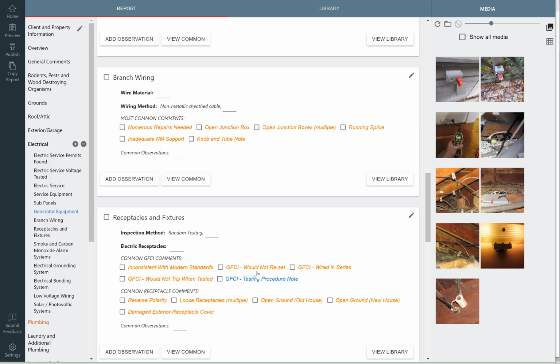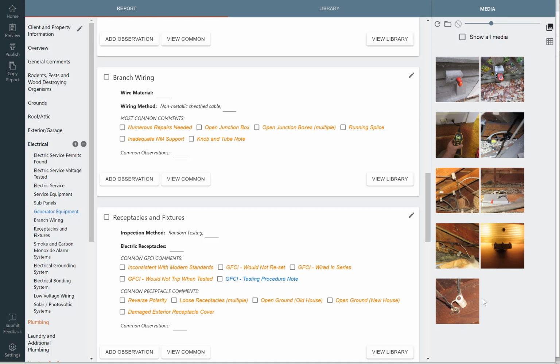Hey there, I want to show you one of my favorite features in Scribeware. We call it the bullets and photo captions feature. What I have over here is a series of, it looks like, 9 different electrical issues that were uncovered during